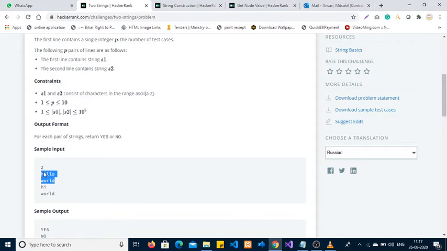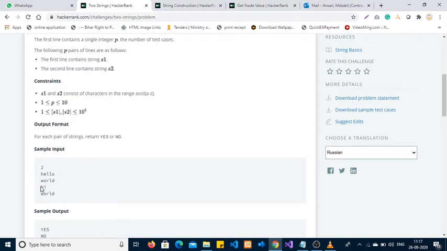In this input, s1 and s2, I take h from s1 and check in s2. h is not present. I am checking e in s2, it is also not present, but when I check l, l is present in s2, so my function should return yes, otherwise no.